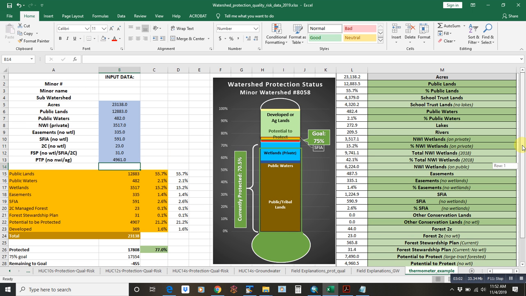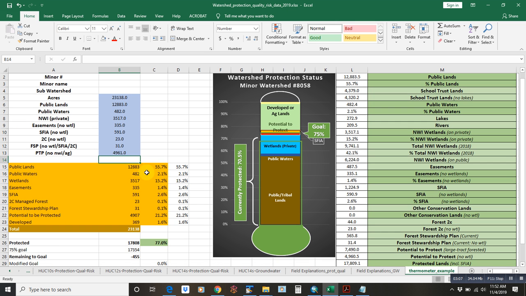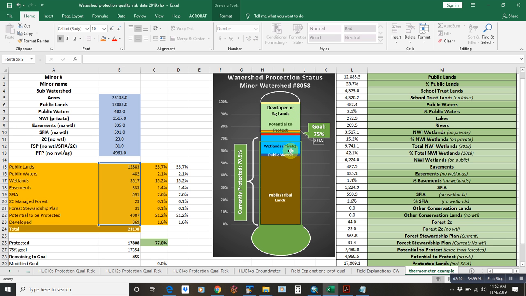Alright, so that's what you're going to get when you are done. These numbers in the yellow are actually what drive the thermometer itself, and there are a few calculations that go on to make that happen. But you'll see you're going to have to adjust the legend or the labels a little bit, just click and drag. Also, the green here is indicating the protection line. So there is some manual work. It's not as easy as it maybe should be, but some folks want to know how to do this. You can get the percent protected from